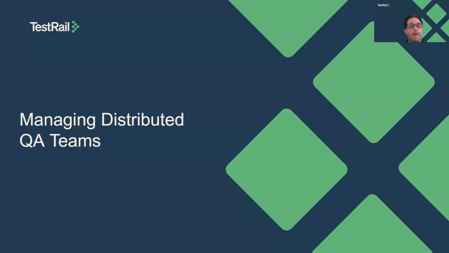Today's topic, I'm sure everybody's aware already, is managing distributed QA teams. And I want to just say one quick thing about this. This really fits a model where companies may have centralized QA or test teams or a testing center of excellence. This also applies to agile or even non-agile teams, not even specific to testing, but software development in general. So there's a lot everybody can gain out of the content, I feel like. So I really hope everybody's going to enjoy it.